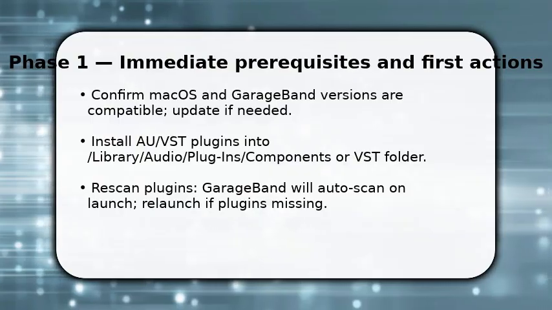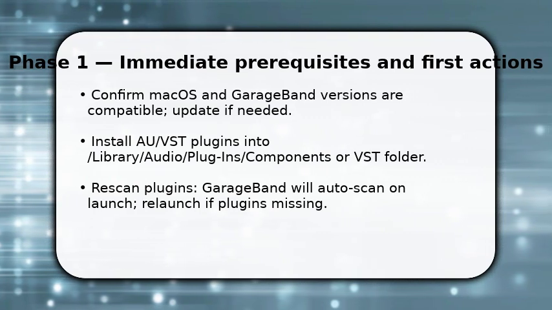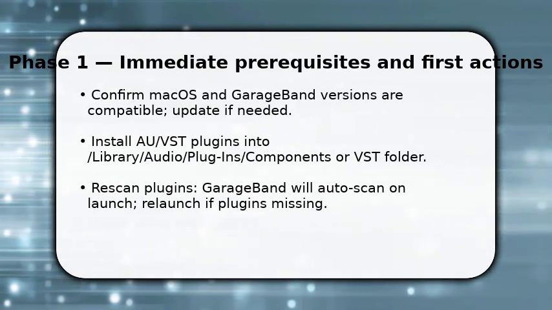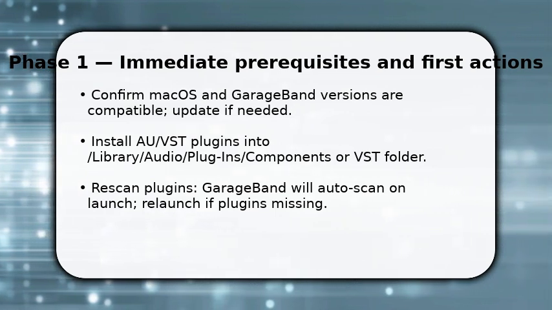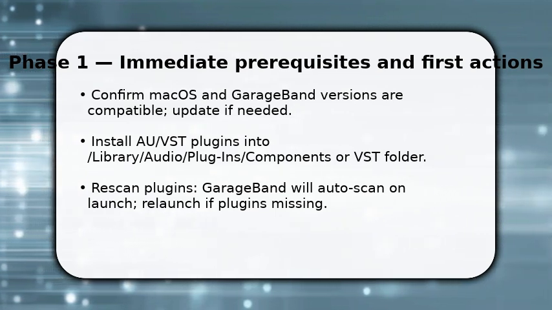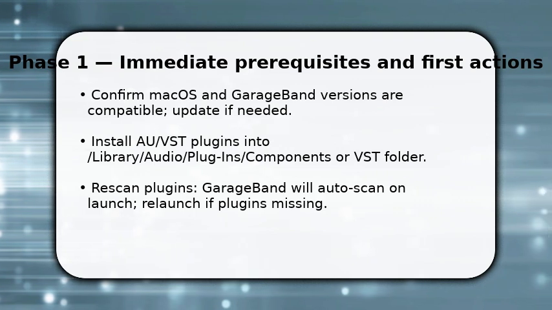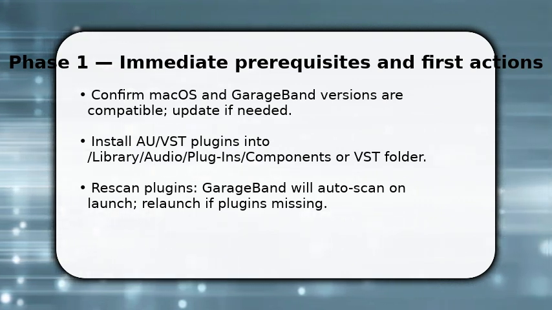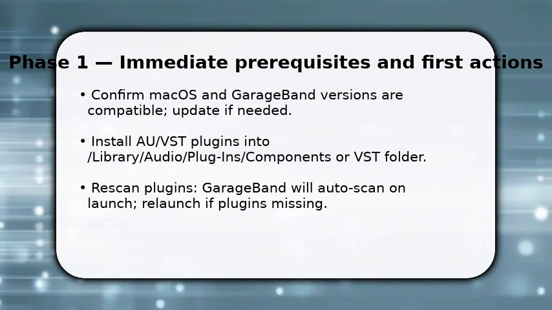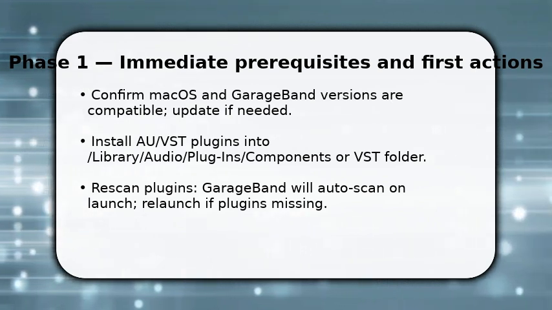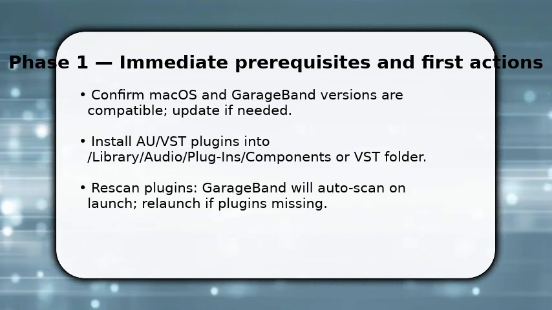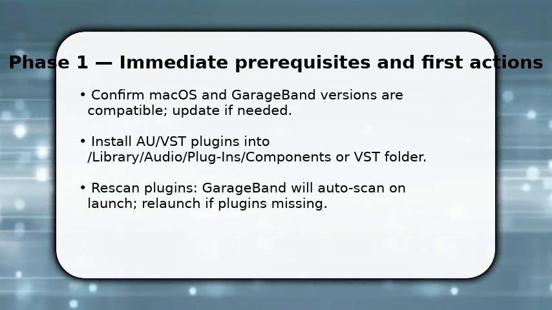You start by ensuring GarageBand and macOS are compatible, then install Audio Units into the proper system folder so GarageBand can find them. Once done, relaunch GarageBand to trigger the plugin scan. This is the first actionable step. If a plugin still doesn't appear, quit the app and relaunch while holding Option. That forces a rescan. Make sure plugin formats match GarageBand's supported AU format, because incompatible formats won't load, no matter